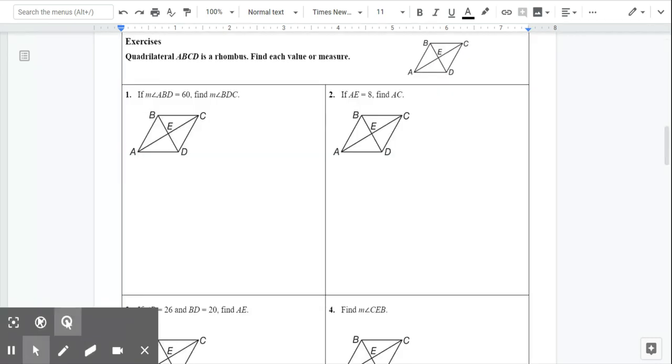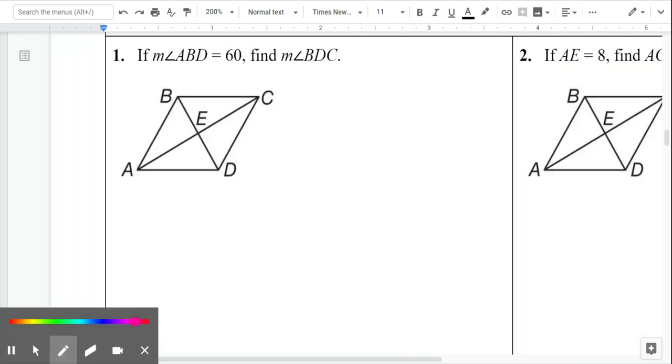Okay, so here we have some exercises. Quadrilateral ABCD is a rhombus. Find each value or measure. So let me make these a little bigger. All right, so question number 1, if measure of angle ABD is 60, find measure of